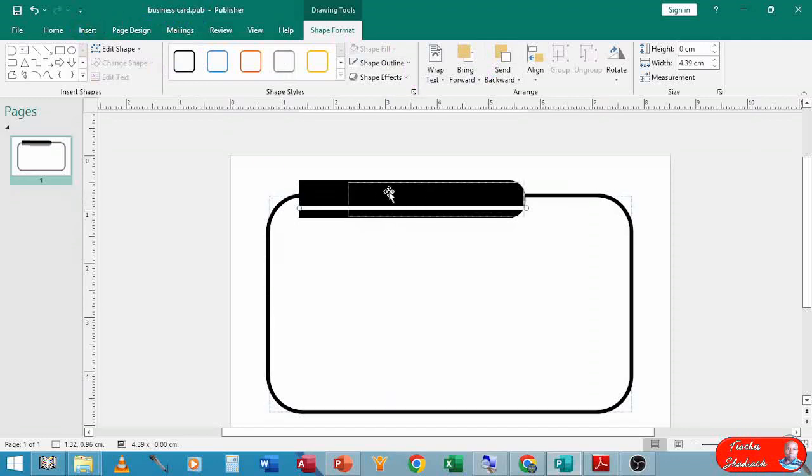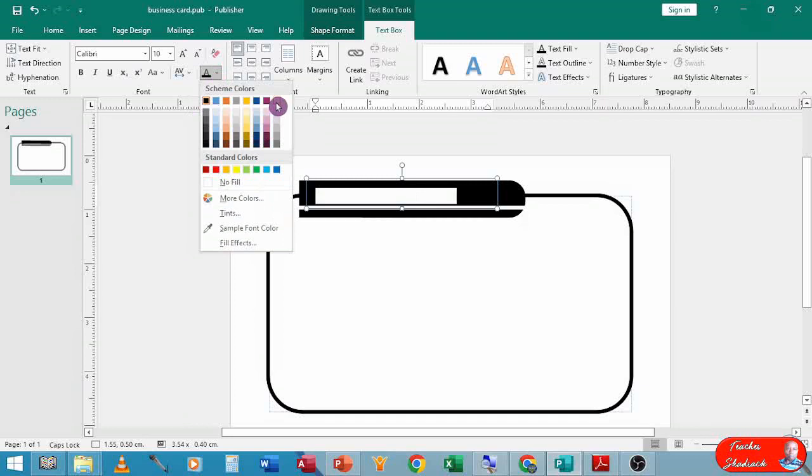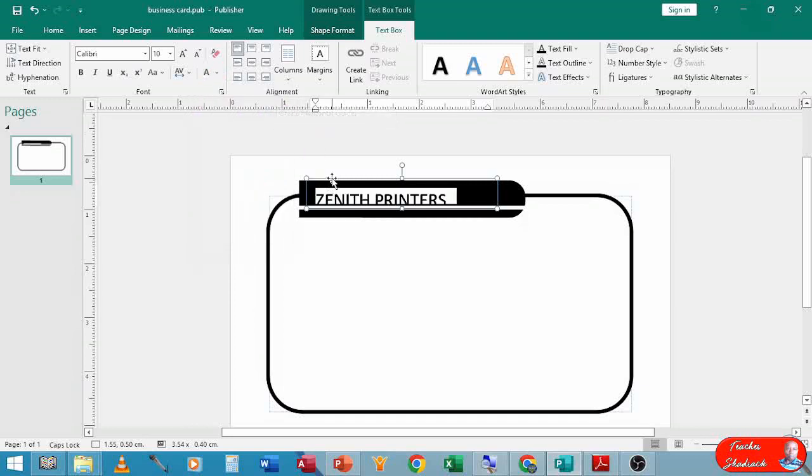Then I draw a text box in which I'm going to type Zenith. I could have chosen to type in these boxes, but remember they are two split boxes. So I need to draw my own rectangle, that is a text box, in which we type what? Zenith printers. Why it's not visible is because I am typing in black on black. All right, so I have pressed Ctrl A to highlight the text so that I can choose the font color to be white,